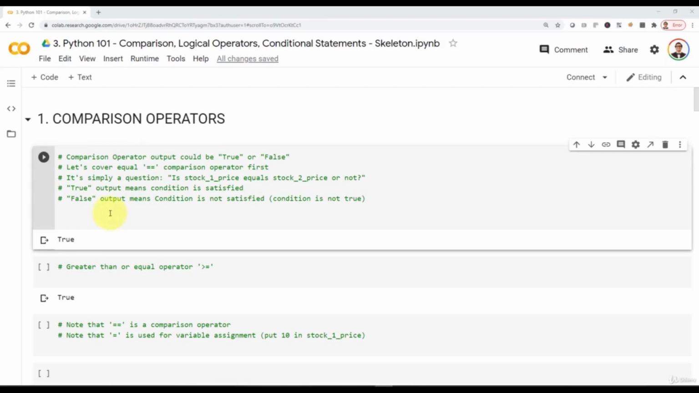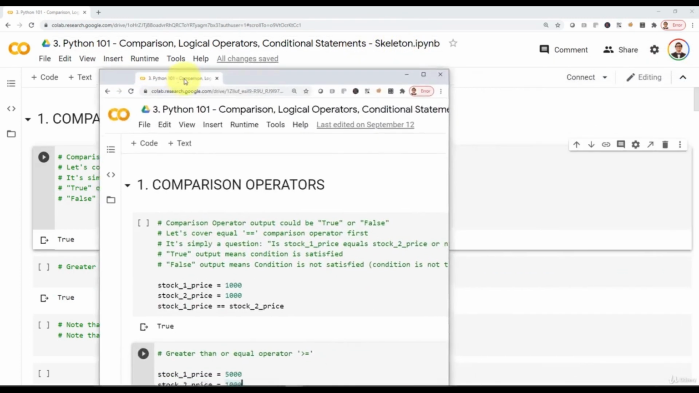In this lecture, we are going to cover comparison operators. Please note that here we are in notebook number 3 and we are going to cover comparison operators, logical operators, and conditional statements as well. Please note that you are going to find, as always, 2 notebooks. One of them is the skeleton notebook, and the other one is the solution notebook,